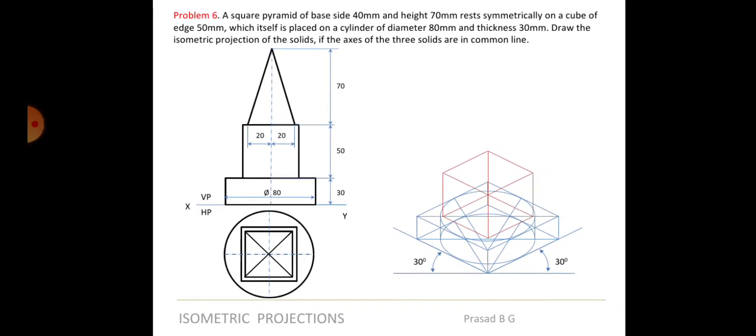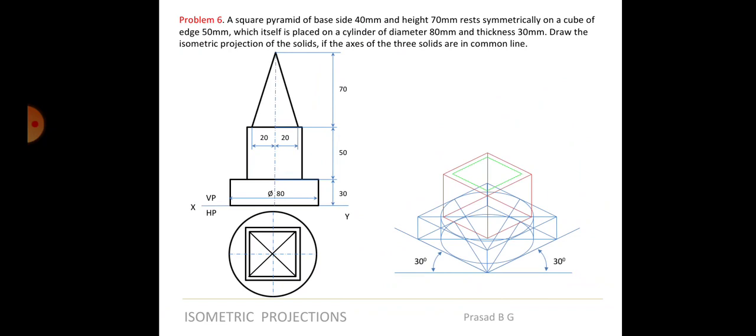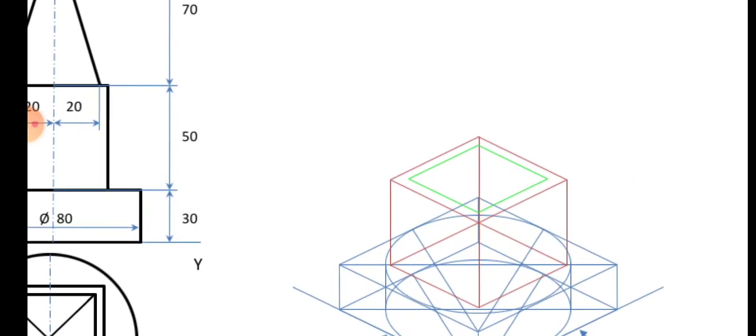Okay, so anyhow, let's see. We will get the base. We have got the base here. So this distance will be ISO 5, ISO 5, ISO 5, and ISO 5. Or if you find this confusing, you can go with your regular method: find the center here, take ISO 20, ISO 20, ISO 20, ISO 20, you will get a plus symbol, and then draw the box there. But that center method can be applied for any of the objects, because when we have some pentagonal prism or pyramid, you cannot go with the method which I told you.